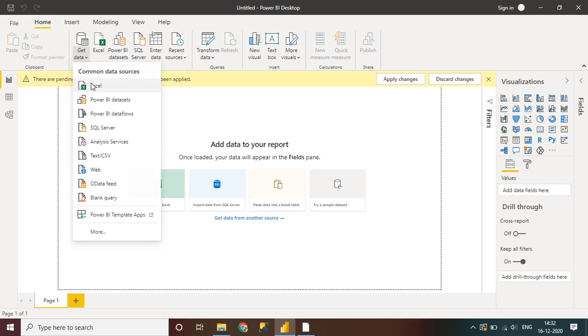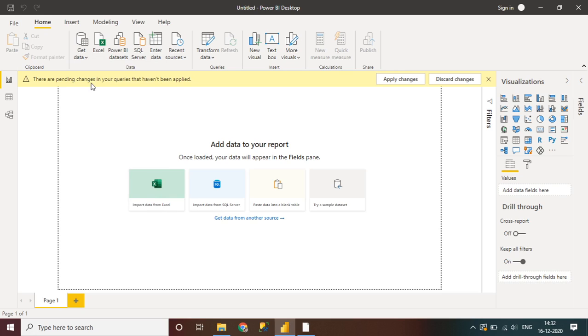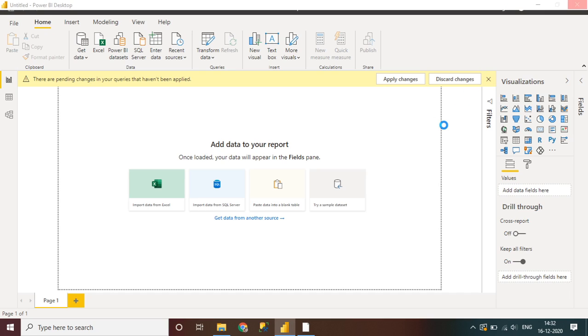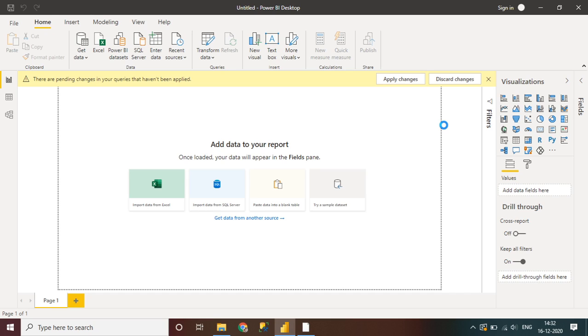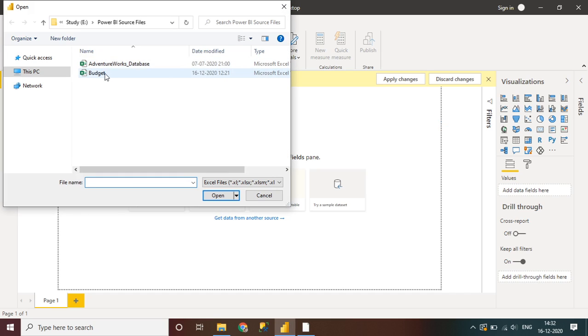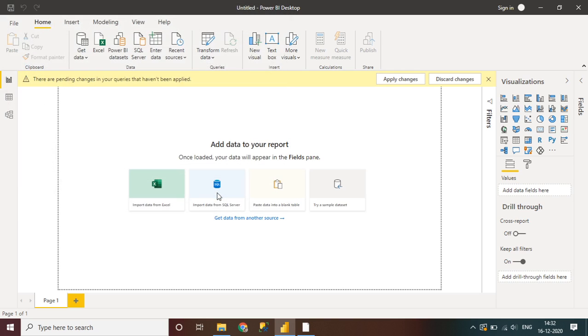Our data source is Excel, so we choose the Excel option here, and this is the file. Let me select this file and click on open. It may take a few seconds to load the file.